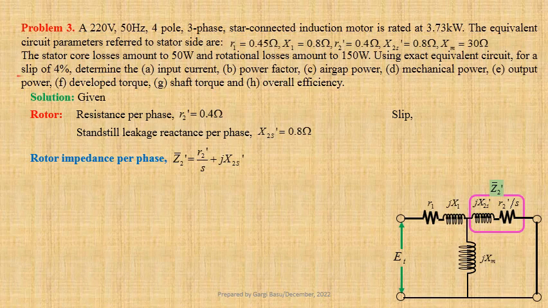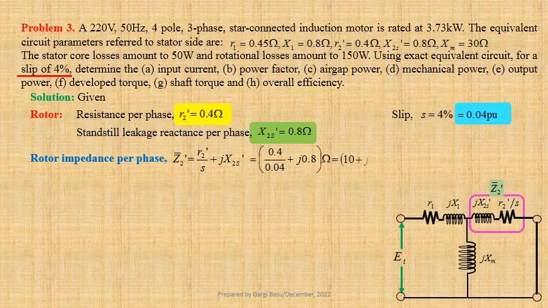Given slip S equals 4%, that is 0.04 per unit. Therefore, Z2' equals 0.4/0.04 plus j times 0.8 ohm, that is equal to 10 plus j times 0.8 ohm. This may be written in polar form as